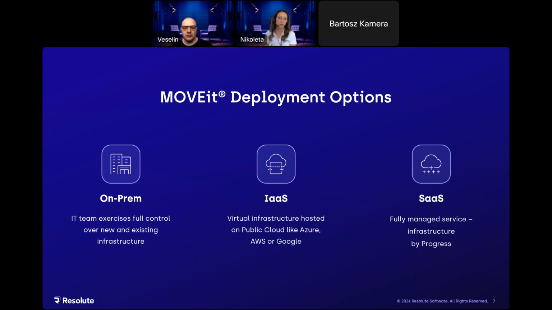But we also have a hybrid mode of deployment, like infrastructure as a service, and customers are choosing this option when they leverage public cloud, for example, but still manage and maintain their own infrastructure. Or we have option number 3 with the SaaS model, software as a service, which is a fully managed service combining infrastructure and MOVEit capabilities, and is provided in the Azure environment and managed by Progress Software directly, with four nines uptime and respective support for this.